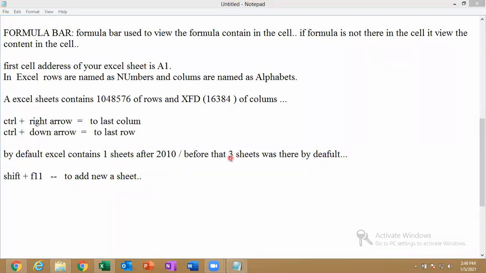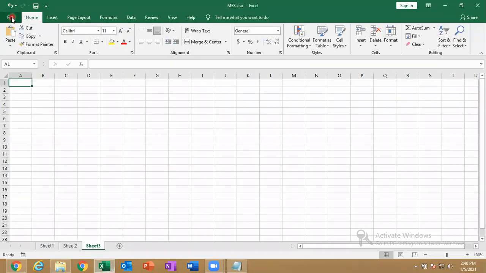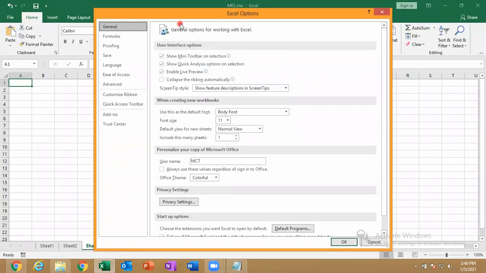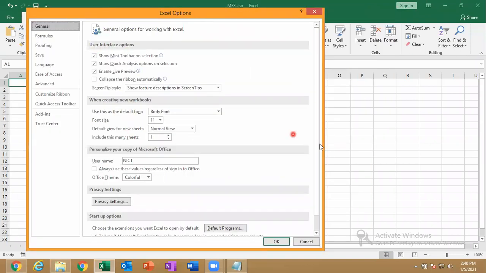In general, I can see popular. Click more options. In general, you can see something popular. So user interface, and I'm creating a new workbook. Just check it out. If you're not getting it, maybe you have a very old version. So in the general, the second, when I'm creating a new workbook, I'm having this here. Everyone will be having that. Yes, sir, it's clear. Clear?